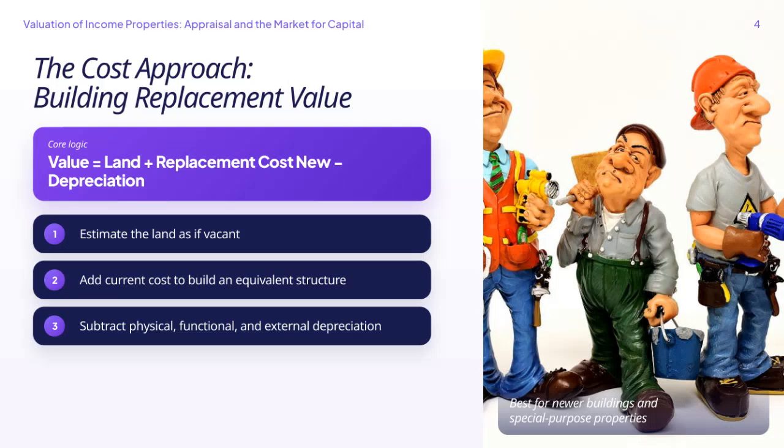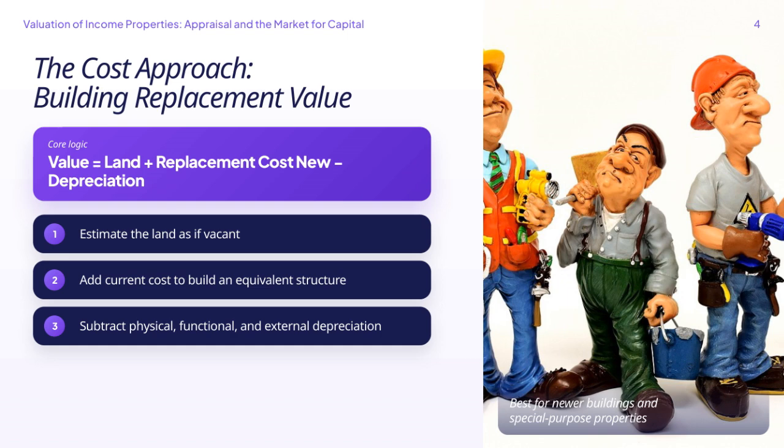Here we have the cost approach, which focuses on determining the value of a property based on its replacement cost. The fundamental formula here is value equals land plus replacement cost new minus depreciation. First, we estimate the land value as if it were vacant, setting a baseline for the property's worth. Next, we add the current cost to build an equivalent structure on that land, reflecting what it would take to reproduce the building today. Then, we subtract any depreciation, which includes physical wear and tear, functional obsolescence, and external factors